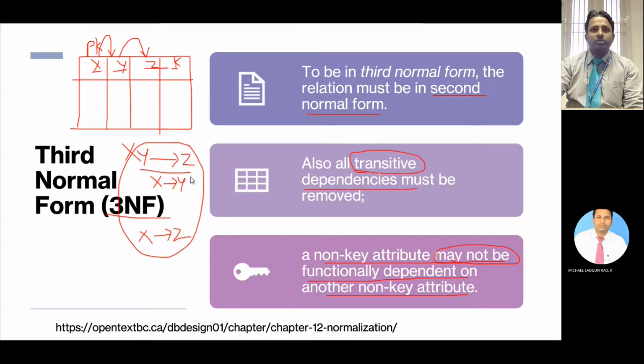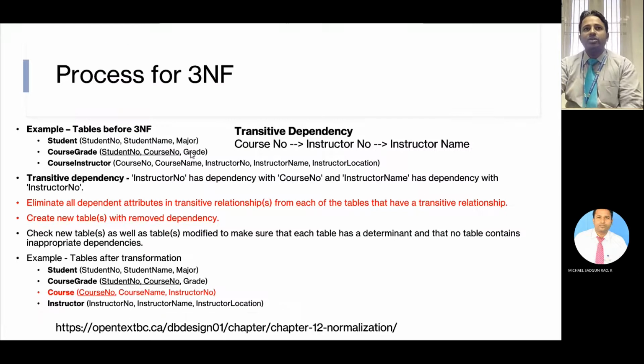So in transitive dependencies, if from a non-key attribute there is a dependency to another non-key attribute, it should be eliminated. For suppose in our example, till now we have been going through one small example in first normal form and second normal form. Now we are in third normal form. We are using the same tables which we obtained in the second normal form. These relations are in second normal form, but they are not in third normal form. Why? Because